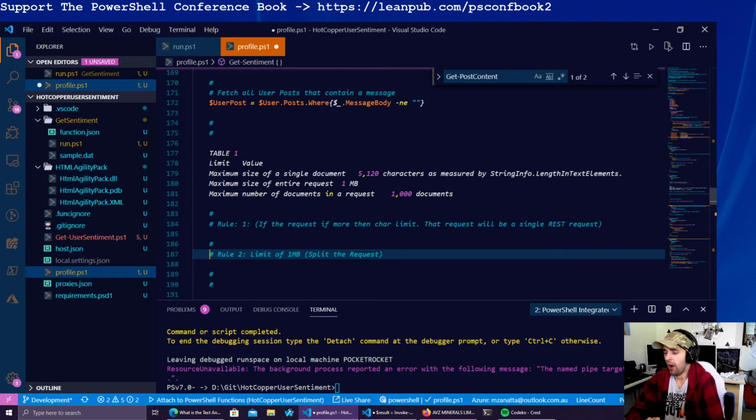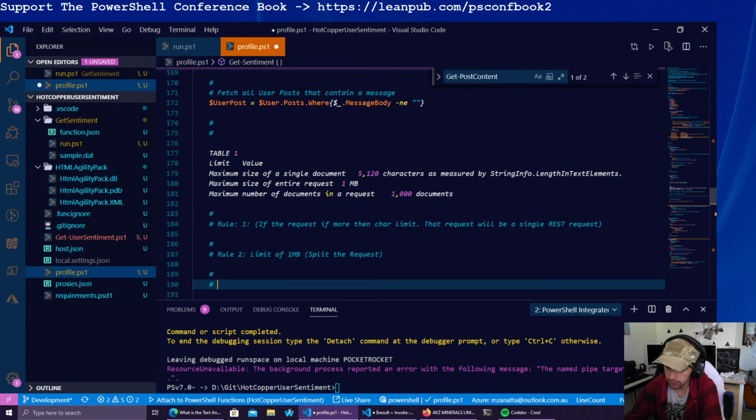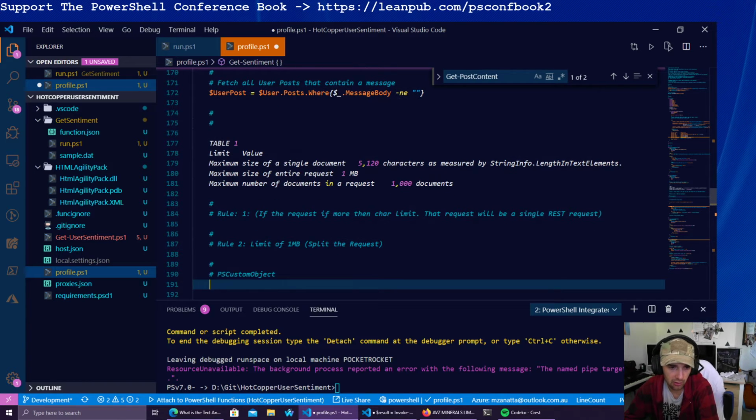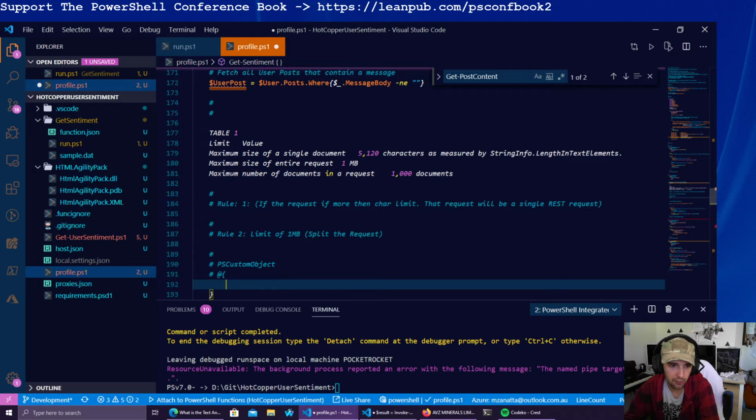That's a big one. But the thing is though, we can literally just trim off the end of the collection, so it'll be a collection of items. I think the way we're going to do this, essentially it'll return a PS custom object. I'm just thinking something like where you would have